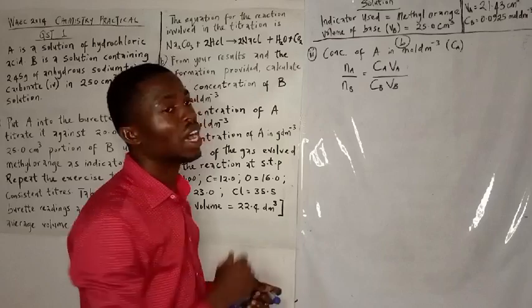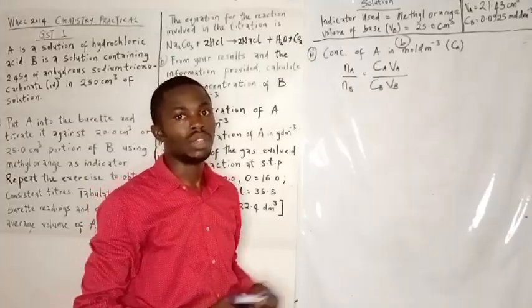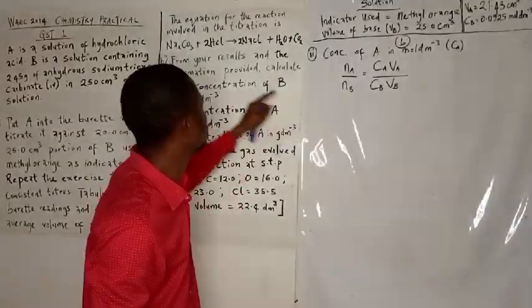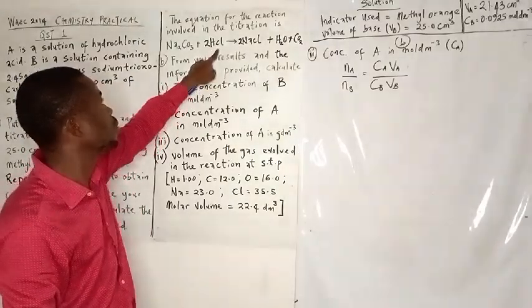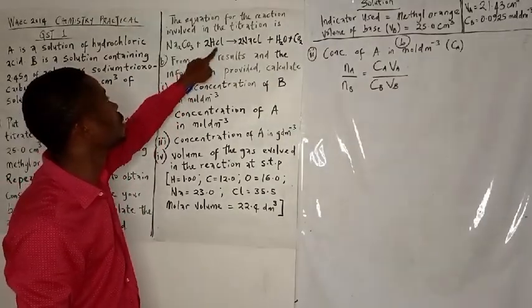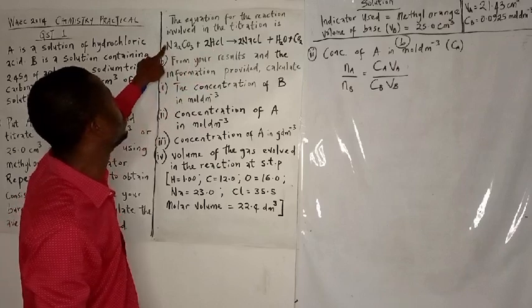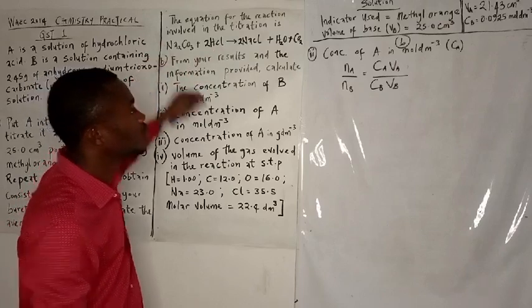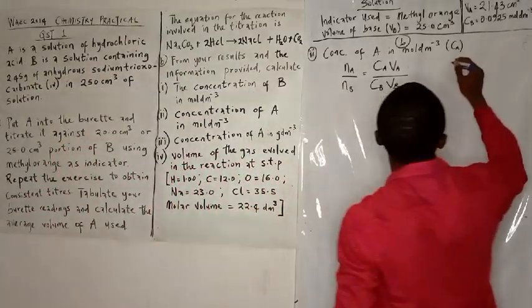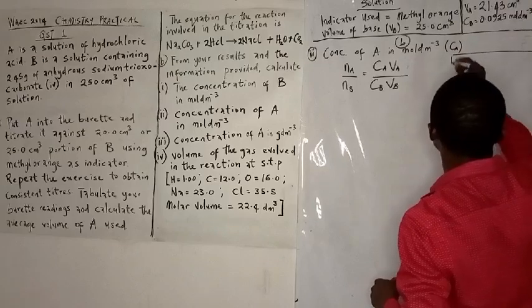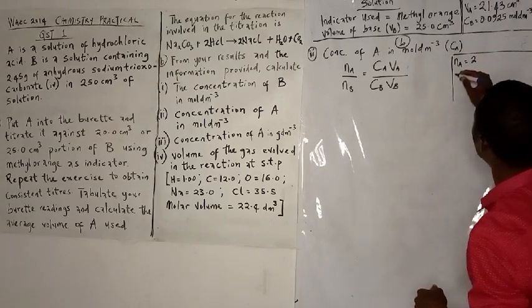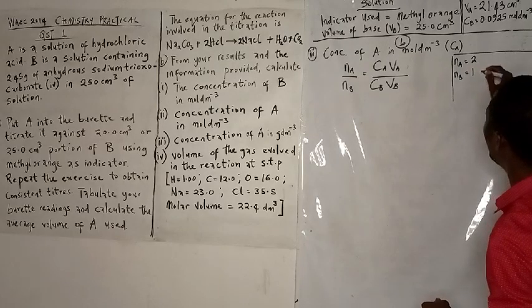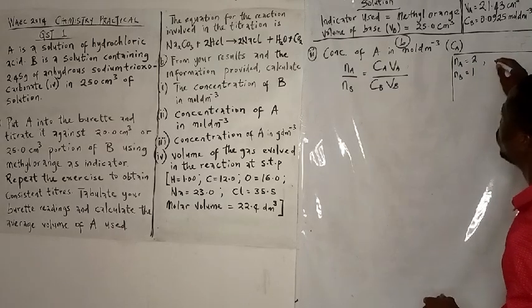We need to check if we have all the parameters required in the formula. From the equation of reaction, look at it here also, this equation is balanced as well. You have that 2 moles of the acid is reacting with 1 mole of the base. So we have that, let me write them here. Our Na is equal to 2, our Nb is equal to 1, and then we also have that